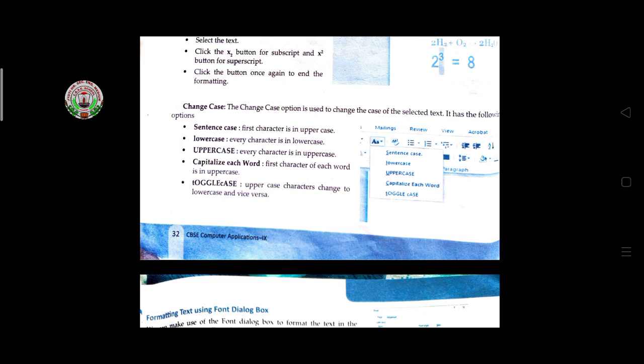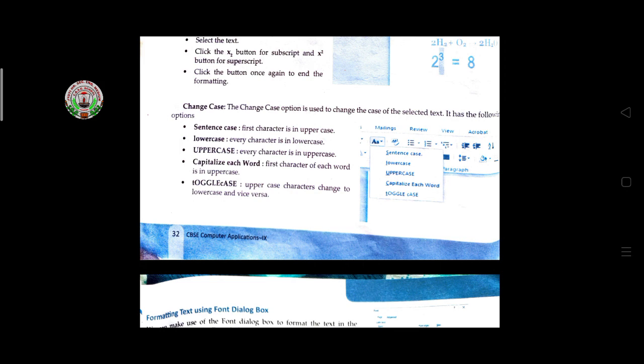Suppose you had written Jana Gana Mana. In Jana Gana Mana, J will display as capital and the other letters will display as lowercase. Then in Gana, G will display as capital and the others lowercase, like this, capitalize each word.